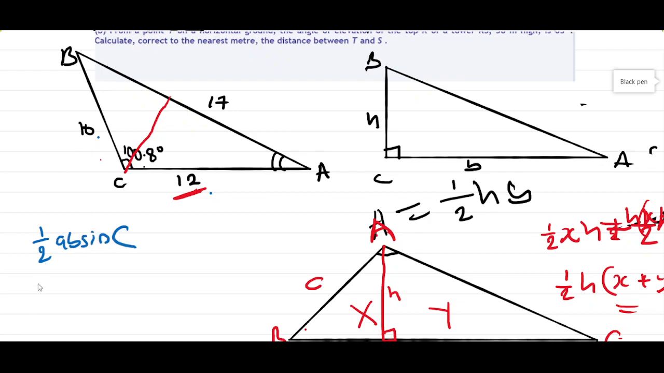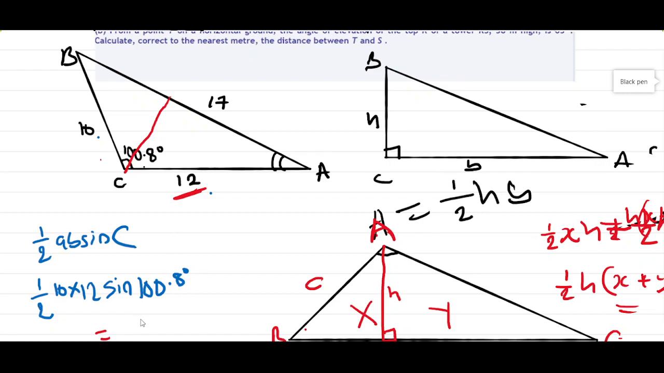So in this case, the formula is half of a, which is 10, times 12, that is b, times sine C, which is sine of 100.8 degrees. When we plug it in our calculator, half of 10 is 5, so 5 times 12 times sine 100.8 degrees. If you compute this in your calculator, you should have something like